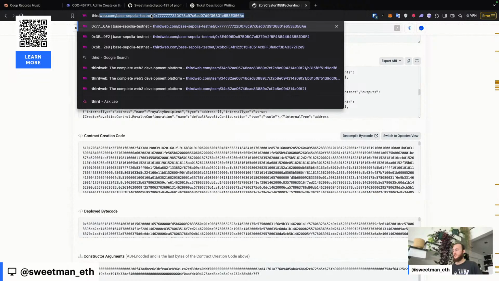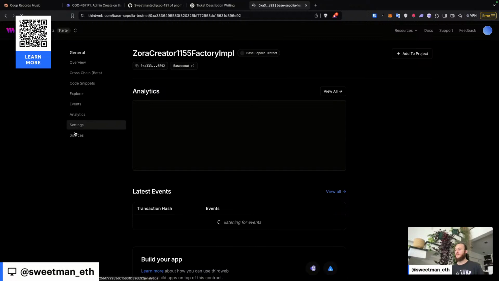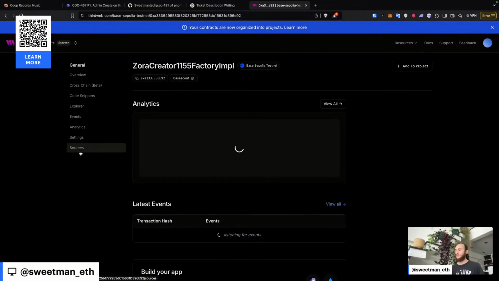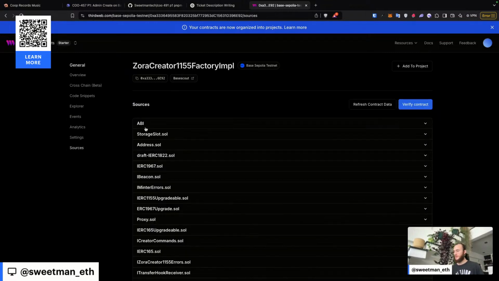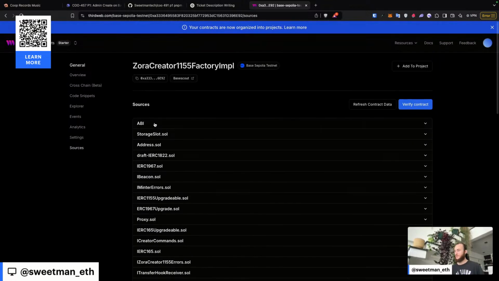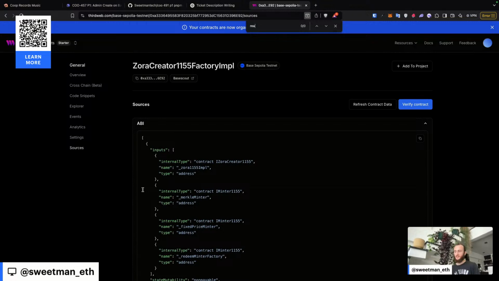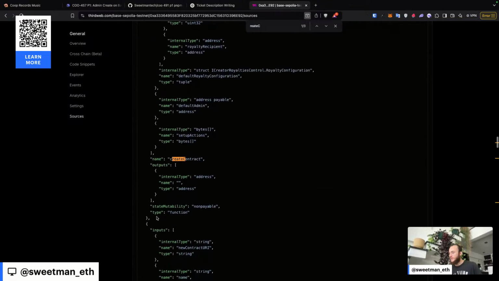I want to go to Third Web because it's easier for me to read. Third Web is a great tool. I keep trying to use Etherscan because it's my default go-to. But Third Web just does small things like formatting of the ABI, which makes it way easier to read. Go to sources, go to the ABI, expand the ABI whenever that works. Find create contract. And now I can copy